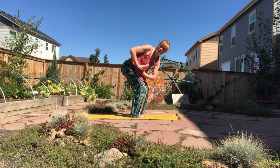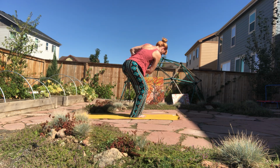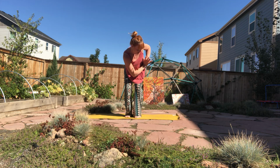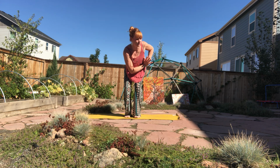Slowly bringing the awareness within, coming to the center, and twisting the opposite direction. Beautiful work, my friends. Taking a big, beautiful twist to the opposite side. I'm going to face you. Just twisting here, deepening down those sit bones, creating a nice length of energy from the sit bones up to the crown of the head,